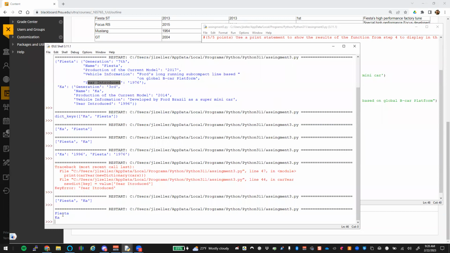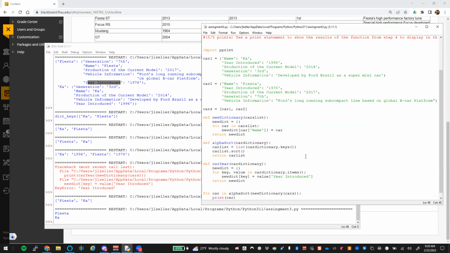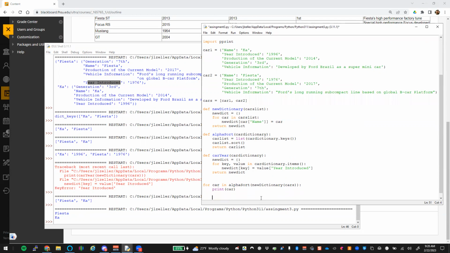Now we have each one of these cars on their own line. Okay. That one's pretty easy. That one's not that difficult. Now, this last one